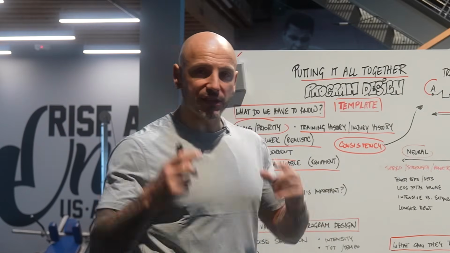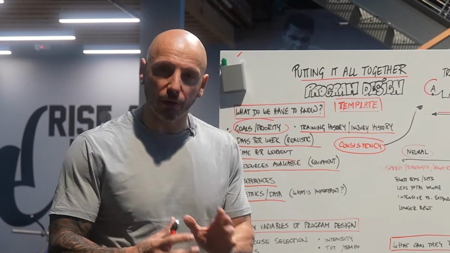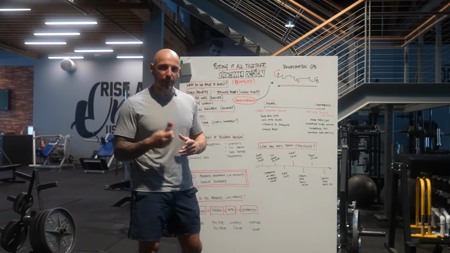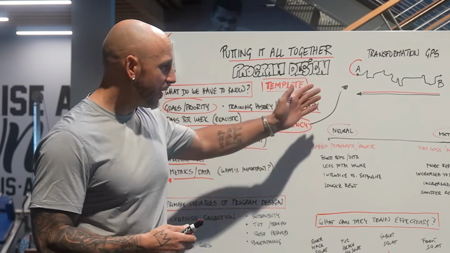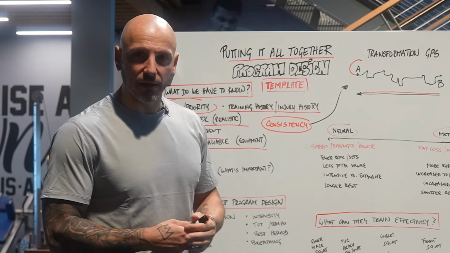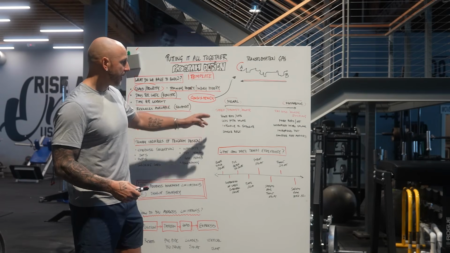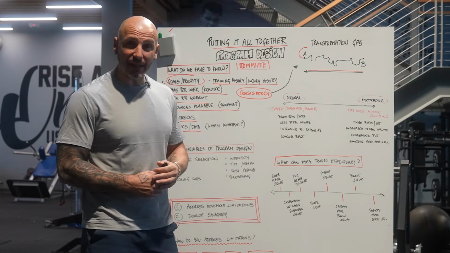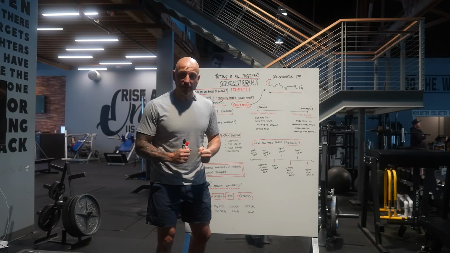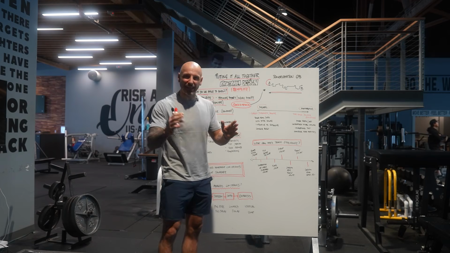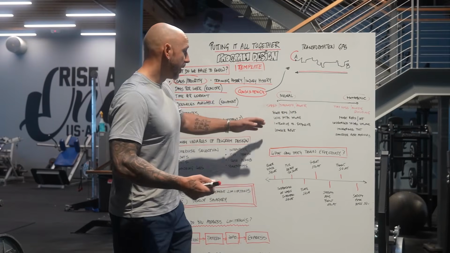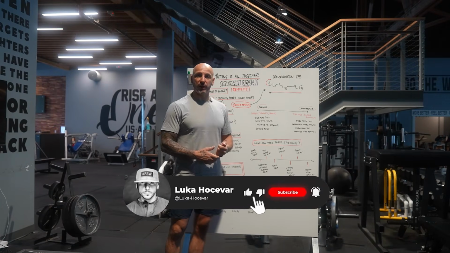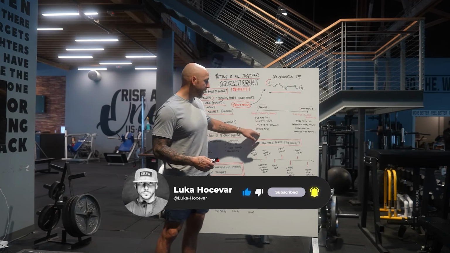From there, when we think about the goal and the outputs, this is a great little continuum that I think Bill Hartman initially did, and Mike Robertson: the neurometabolic continuum. On the neural side, it's speed, strength, power. It's fewer reps per set, like 5 sets of 3 if we're doing strength or power work, for example. There's less total volume. It's more intensive versus extensive. Shorter time and attention, but more force production, and faster force production. And then we have longer rest periods.